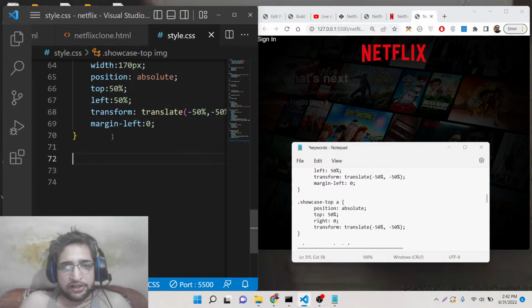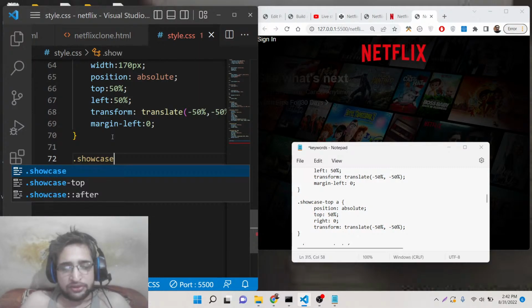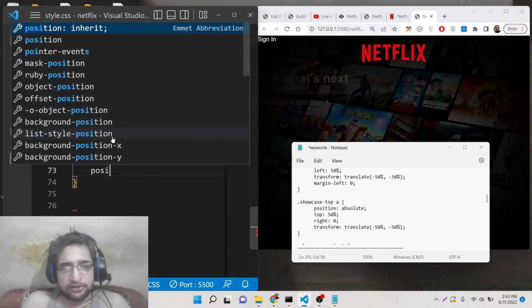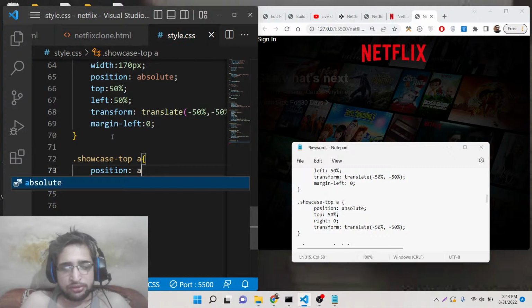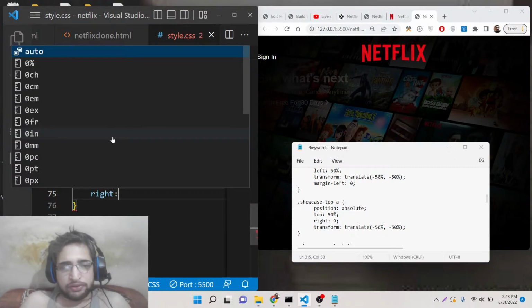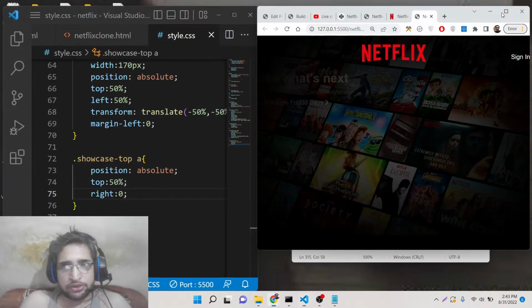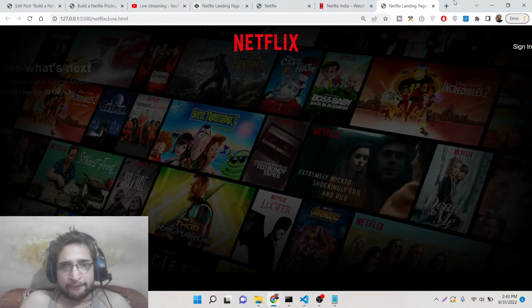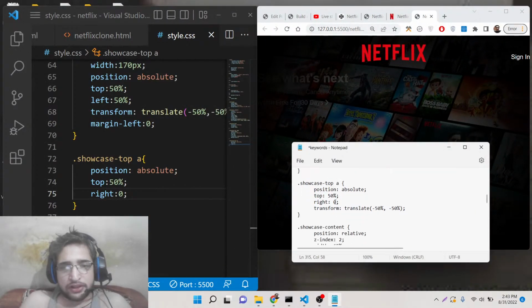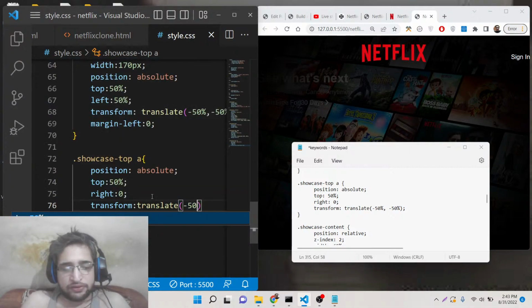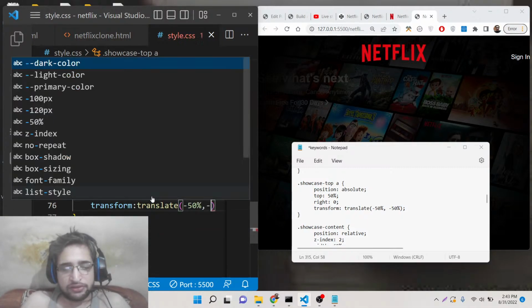Then we will style that button that you see, guys, which is showcase top anchor tag. So here we need to say the position to be absolute, and top we will say 50%, and then we will move to this right position, right to 0. So this will move this button to the right position that you see here, sign in. And after this we also need to transform this and translate it minus 50% in the x direction and minus 50% in the y direction